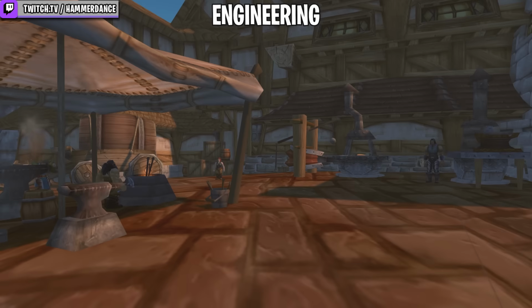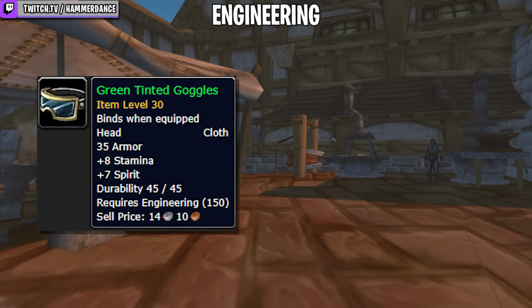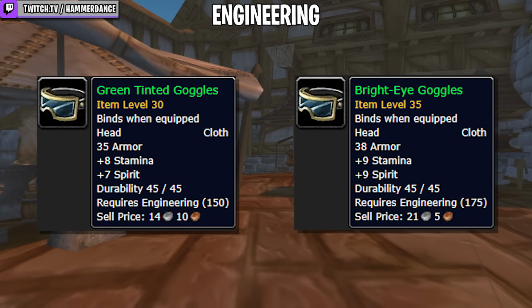Okay, so first up on the list, my favorite profession, engineering. Engineering can benefit every single player. Everyone can use something from engineering, especially in Season of Discovery at this low level bracket. The first thing to take note of is that we're going to be able to get the green tinted goggles, which give you 8 stamina and 7 spirit, the bright eye goggles, which give you 9 stamina and 9 spirit,